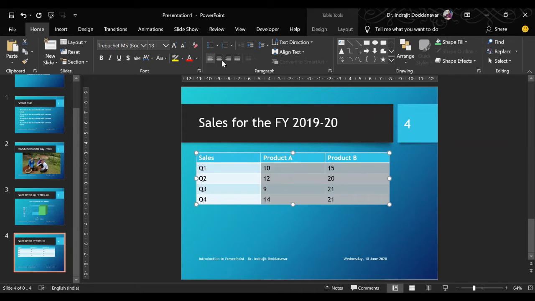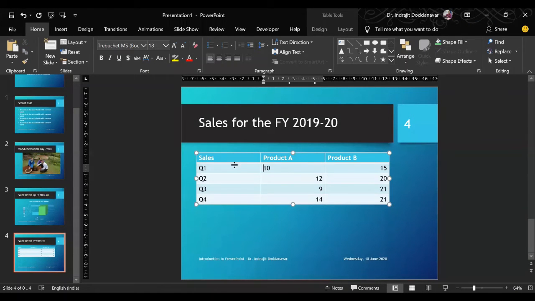Once you have selected these, you will have to go to paragraph. In home, there is paragraph. You will have to go there and select right aligned. When you click here, this is the correct format which you want to show, right? So please keep in mind that a number should never be left aligned. Always it should be right aligned. Do keep this in mind.